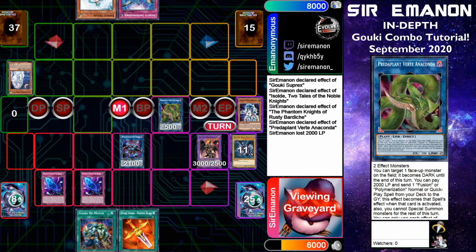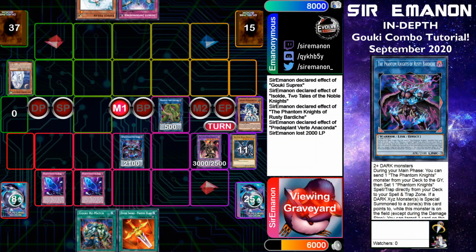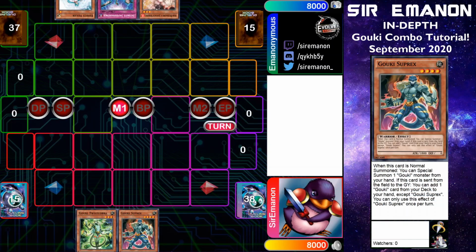Next, we're going to show off probably the more prevalent hand trap mechanism, which is going to be Ash, Valor, or Impermanence on Isolde's second effect. Okay guys, so this is going to showcase a couple of different ways that you can approach